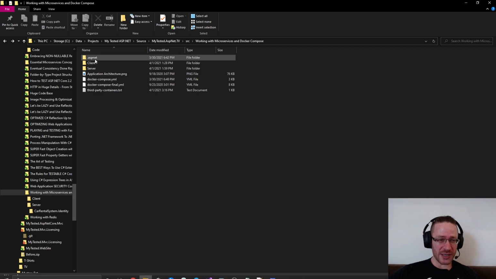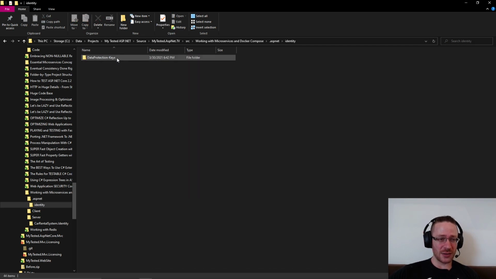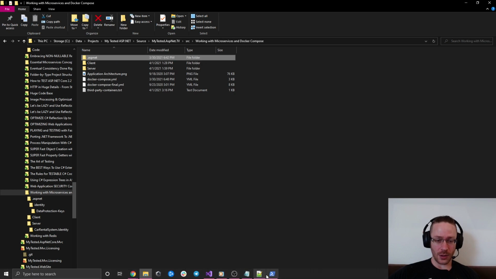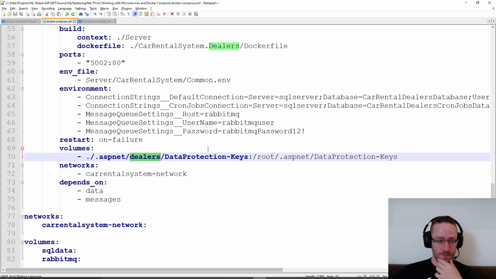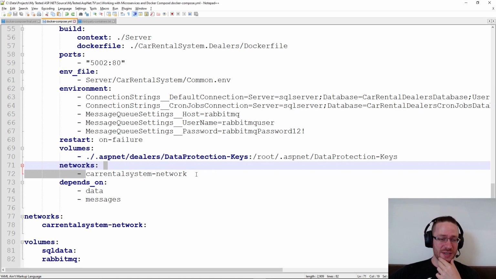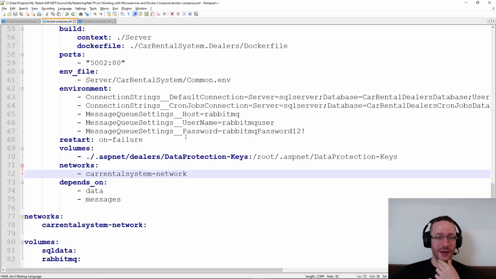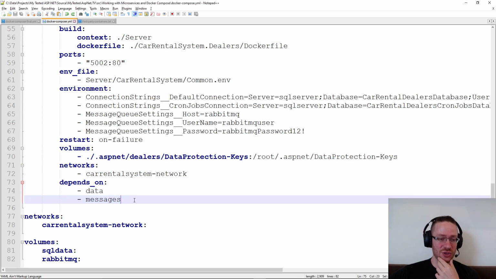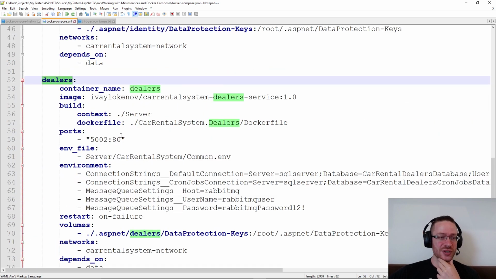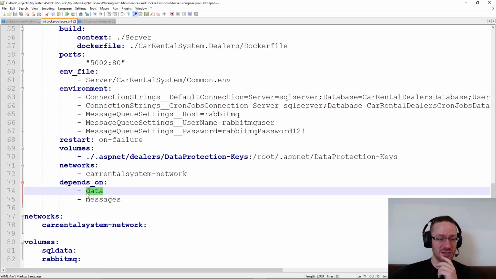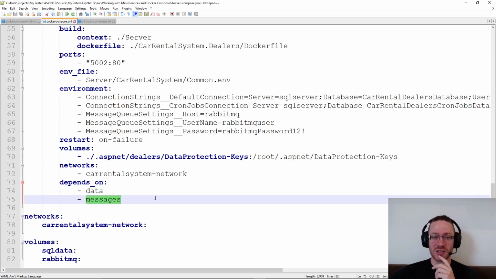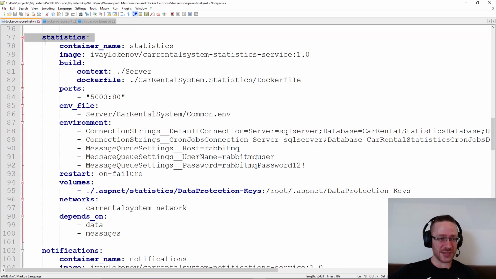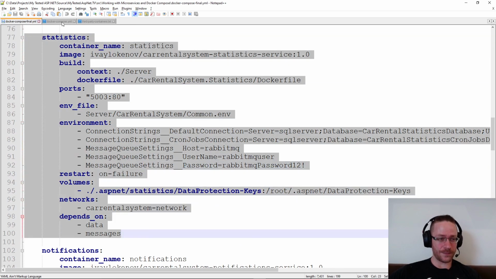If we go here, we can see that the identity already created their keys. Here they are. The network is the same because we want to connect to the other services, and we say we depend on data and messages. So don't run the dealer service before the database is ready and before the event bus is ready too. Good. Let's make sure that the statistics are